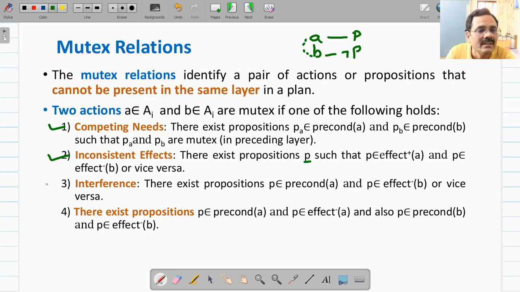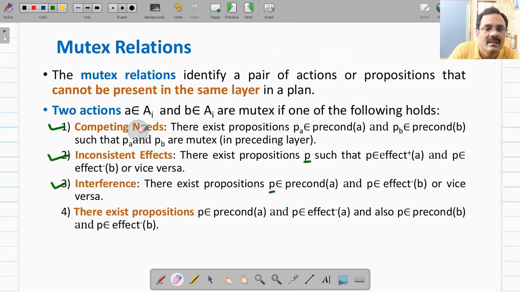Third situation, interference of the actions. Meaning of that is, if we have a proposition P which belongs to precondition of A, we will take an example. Proposition P which belongs to precondition of A and the same proposition P which belongs to effect minus of B, or vice versa, then we say that they are interfering with each other.